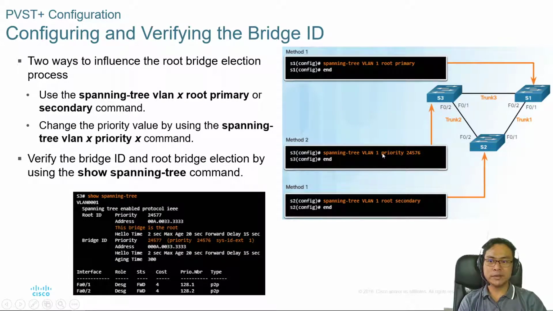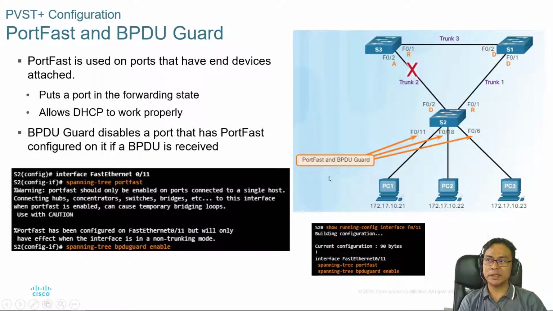Okay? Or, yung kabilang switch, pakialaman nyo, gawin nyo siya na secondary. Like spanning tree VLAN 1 root secondary. It will become the secondary, the other one will become the primary. So, yun lang naman. If you are into the port pass and BPDU guard,